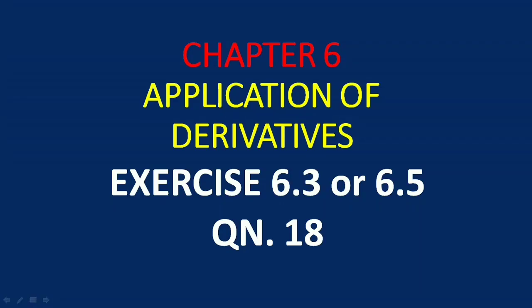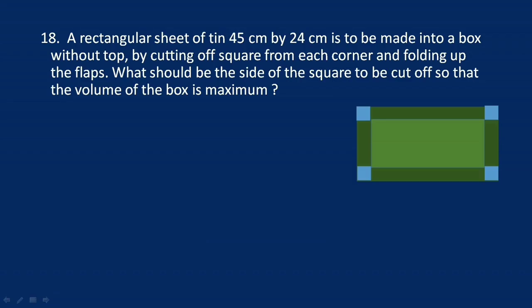Chapter 6, Application of Derivatives, exercise 6.3 or 6.5 in the previous textbook. 18th question: A rectangular sheet of tin 45 cm by 24 cm is to be made into a box without top by cutting off a square from each corner and folding up the flaps. What should be the side of the square to be cut off so that the volume of the box is